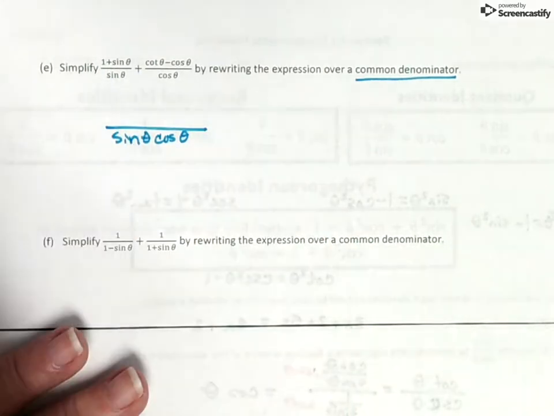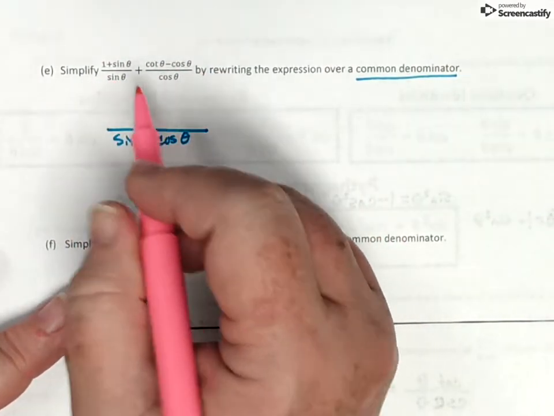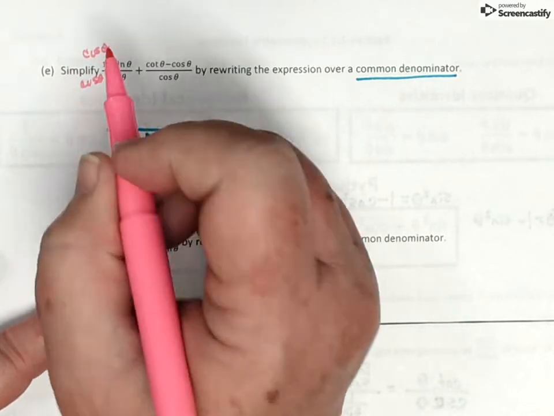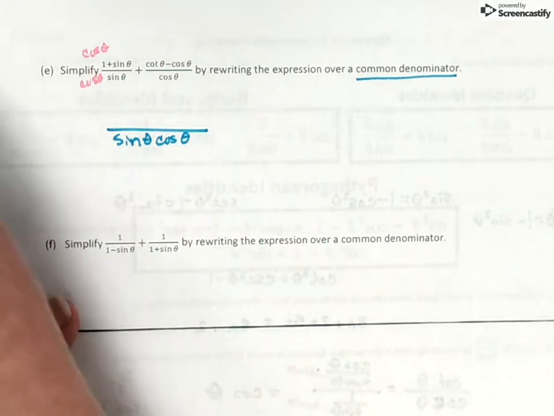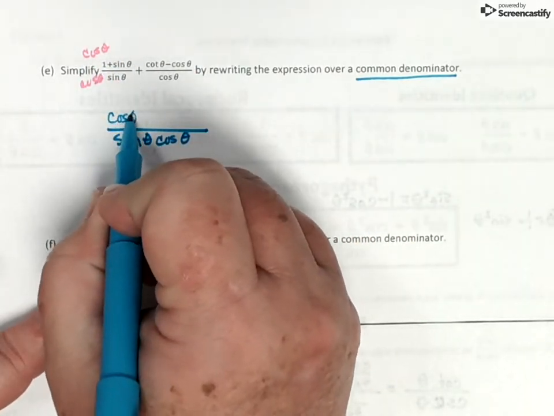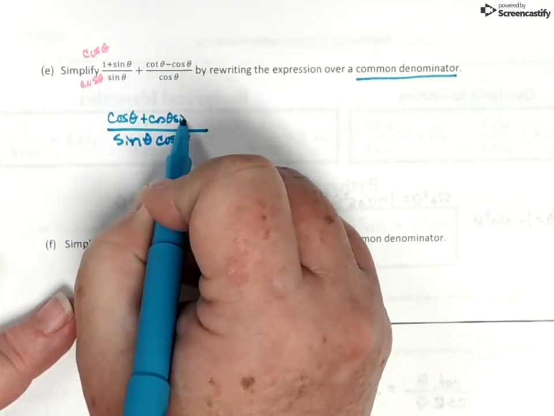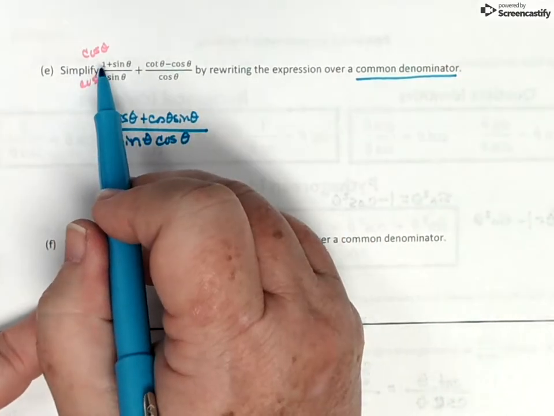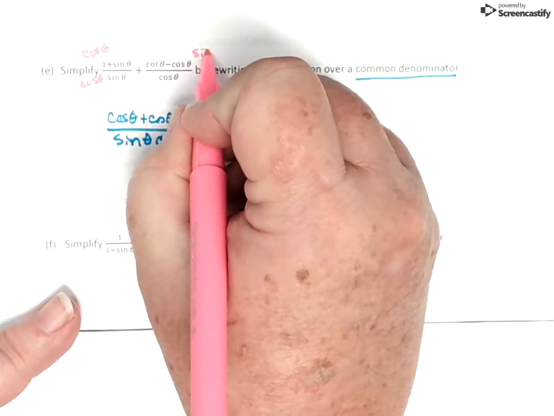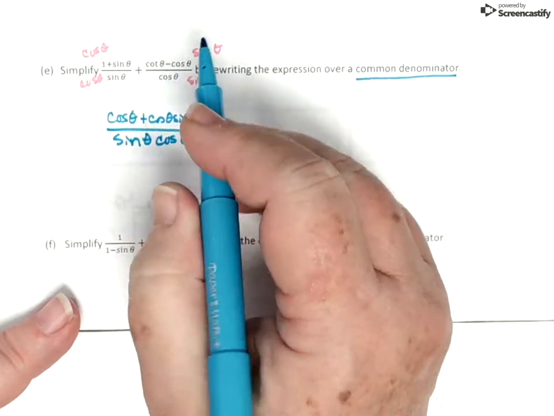Well, what's missing from this first fraction to have a common denominator of sine theta cosine theta is to multiply the top and the bottom by cosine theta. Well, we've already done the bottom, so let's do the top. Cosine times 1 is cosine theta. Cosine times sine is cosine theta sine theta. But that's only this fraction. We also have to do this fraction, and we're going to multiply by sine theta over sine theta, and that's going to give me